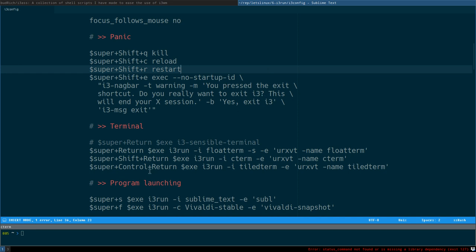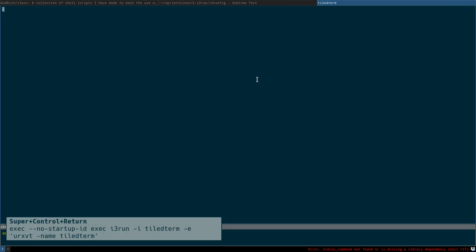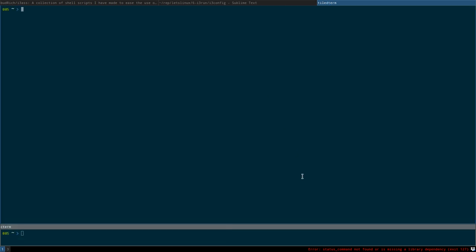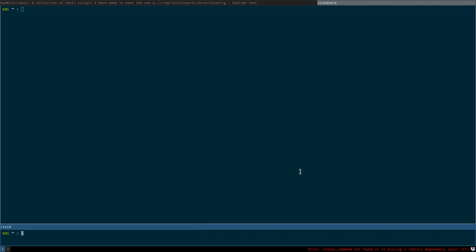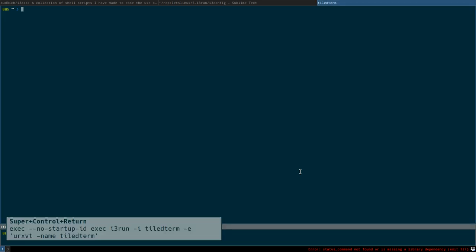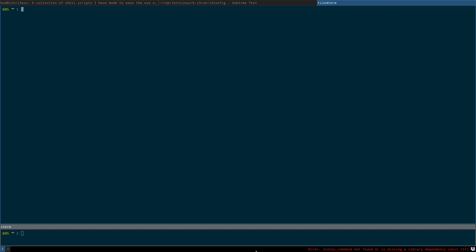If I run super control return, it will spawn this tile term, which has the rule to just tile the window. And that means it will tile it and it will put it in the active container. So if I run it here, I get a terminal here in the A container. And if I would be in the C container and run that command, it will put the container in, or